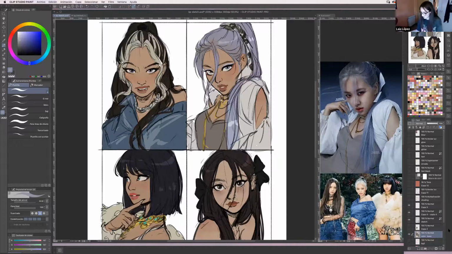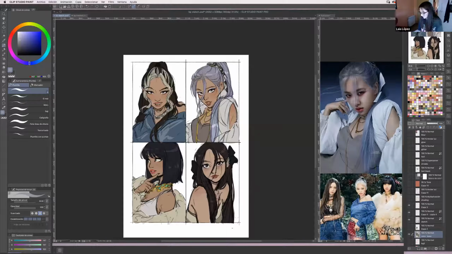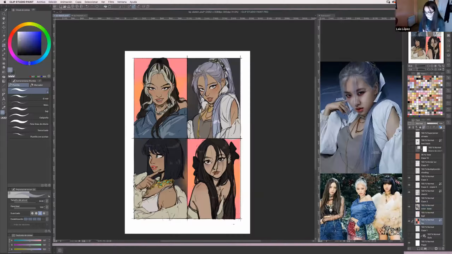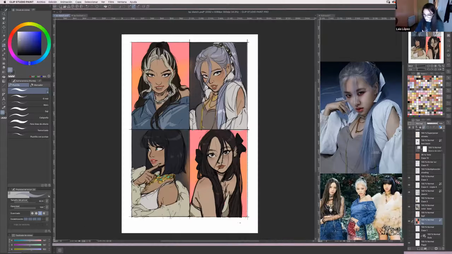All right, so now for the background, underneath the color layer, I made another for each of them. At first I didn't really like how it looked like this. I just felt the pink ones stood out way more than the black ones. But at the same time, I wanted to keep the black and pink concept somehow. Let me show you what I did. Obviously, you can see just squares. It's nothing else. And there it is.